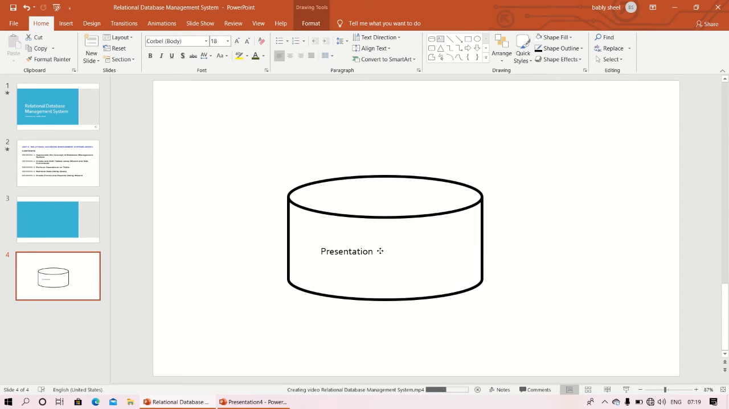And just click here, and if you want to customize it by moving it to the middle section, you can even customize your text as well. So by this you will be able to add your shapes in a presentation. Next is your